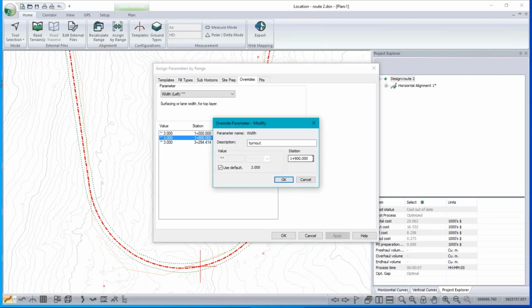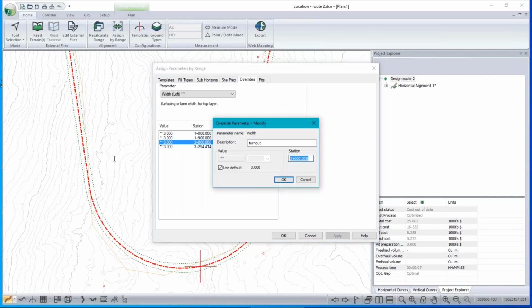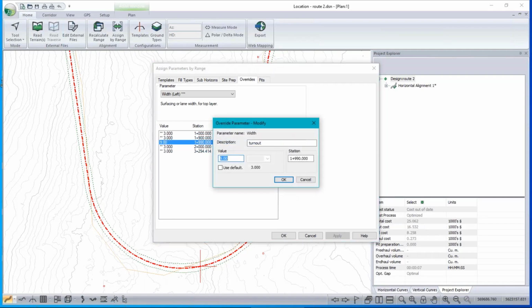Let's duplicate that. So the beginning is at station 1900, the end is at station 2000. I haven't done anything yet because I'm just using the default value on all these points. Here's where it gets interesting. So 10 meters before the end, I'm going to put in a width of 9 meters, so that's an extra 6 meters on the side. And similarly, 10 meters after the beginning,